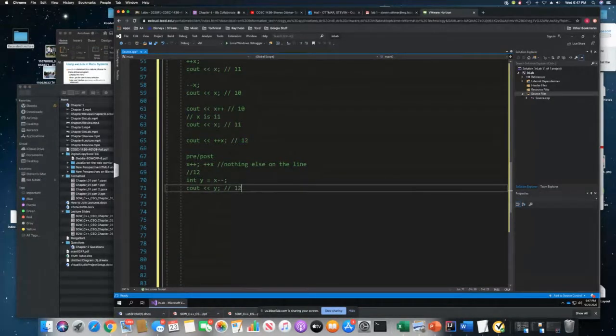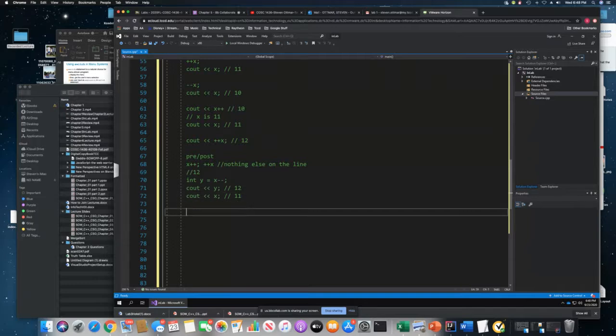Because remember, if it's post, it says evaluate this line and then decrement me. So in this case, x is 12, so y is 12, but if I do cout x, what is now x? 11. So that gets very confusing when students start writing their loops, and then they use x plus plus